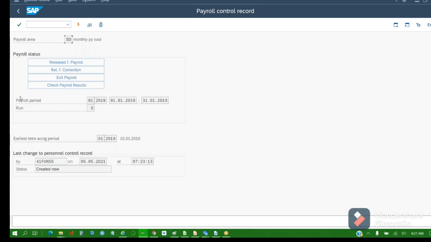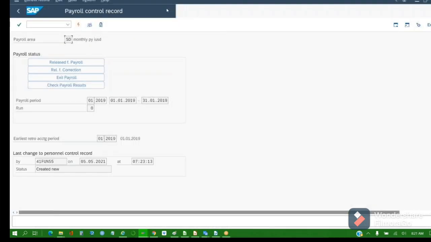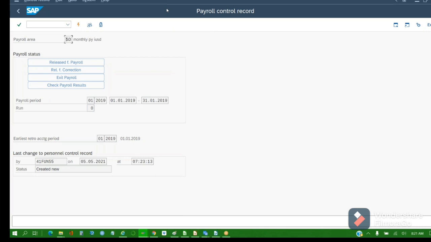Who said that first? Payroll period, just explain this payroll period. Scroll this to the left side so that you can see the entire text. From the down you need to move the screen, your screen size. I can't see the entire screen. Let me make it down. Yeah, maximize. Wait for a second, I need to see the right side. Yes, you need to move to the right side so that I can see the entire screen. Yeah, now I can see.